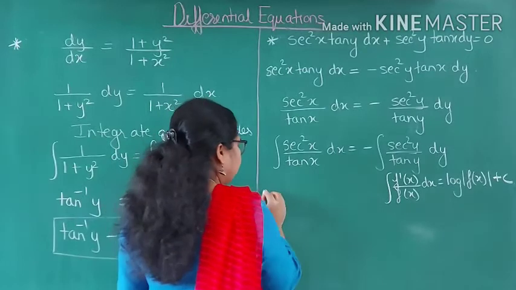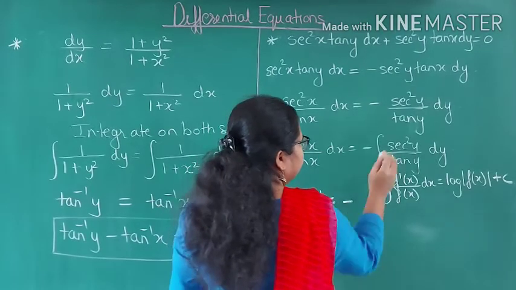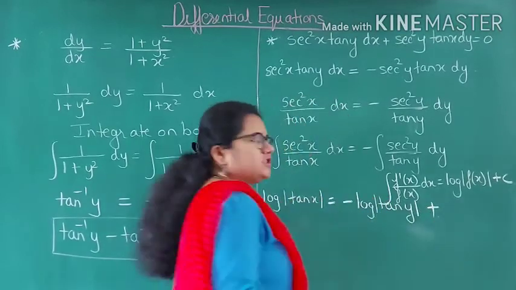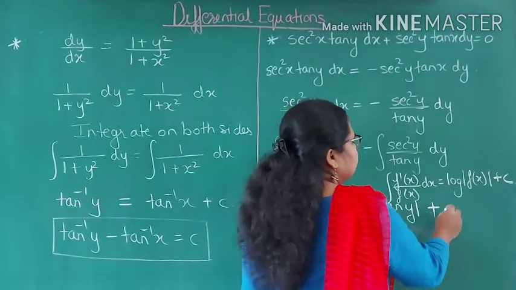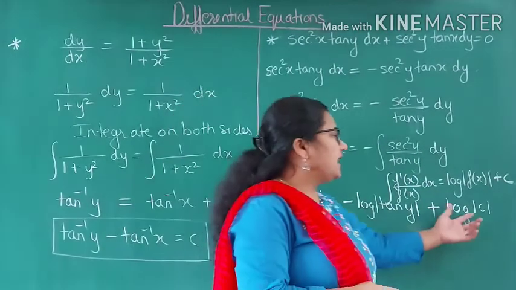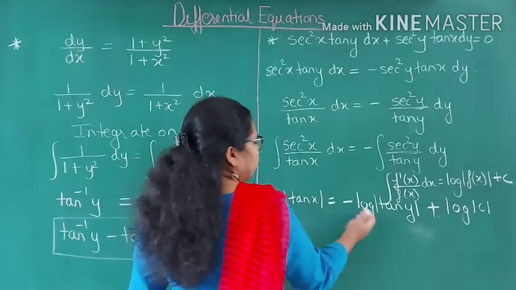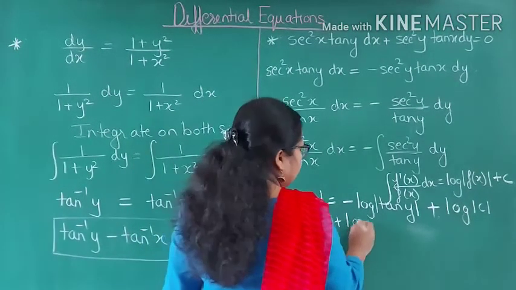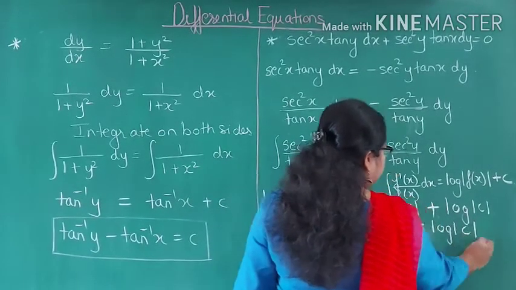So what is this equal to? It is log of tan x minus, what is this? Log of tan y plus c. Now instead of writing c, here I have used constant c. Here both the terms are of log. I can say it is equal to log of c. In place of c, I can take log of c so that all the three terms become logs and we can compare them easily. Take this term on the other side. So it is log of tan x plus log of tan y is equal to log c.